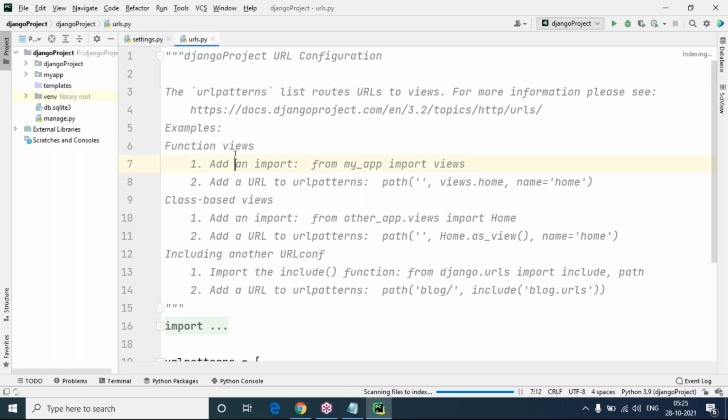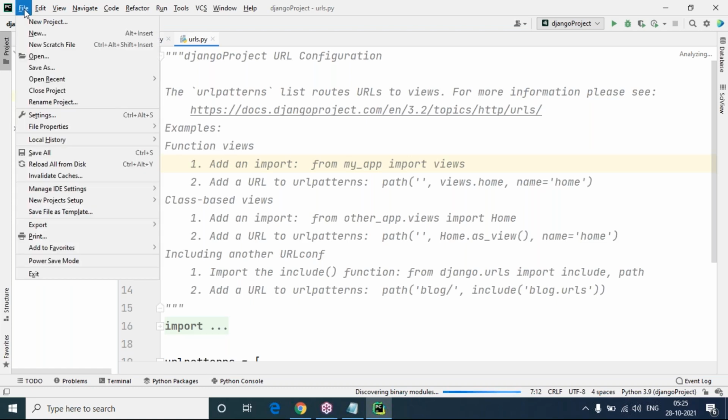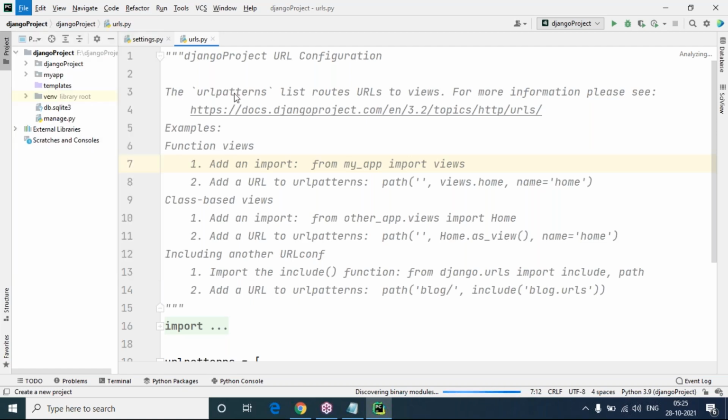Now observe here, I'm going to create a new project. Let's create a new project. So just wait. It is showing updating interpreter version and everything. Once everything is ready, then we can start creating the project. Step by step, I'm going to show you clearly. Observe carefully. First, I'm going to click on the File menu, and here click on New Project.